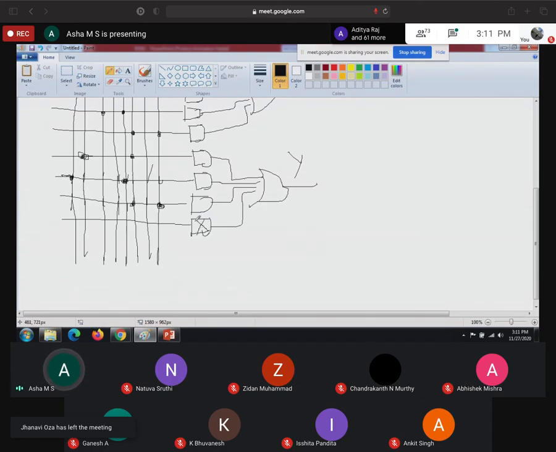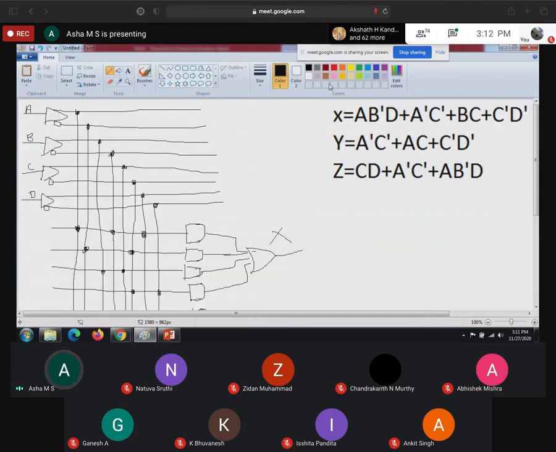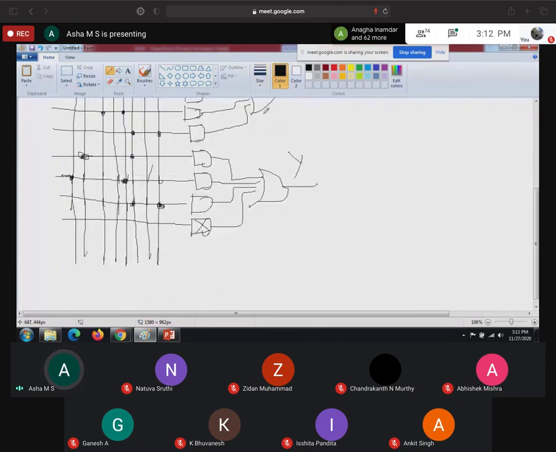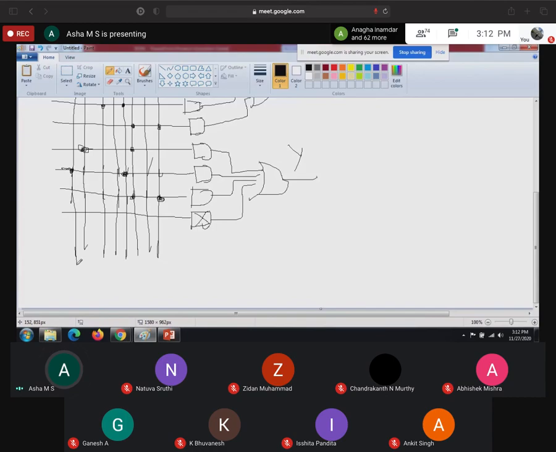So you have to put the cross mark here. Most people forget to put the cross mark here. You should not forget it. Wherever you are not going to use the AND gate, you have to put the cross mark, which means that this corresponding AND gate we are not using, because OR is fixed here. What's the maximum number of products we have? 1, 2, 3, 4, so 4 inputs. So when OR is fixed, use only as many AND gates as required, and mark the remaining as not used. Similarly for Z also.